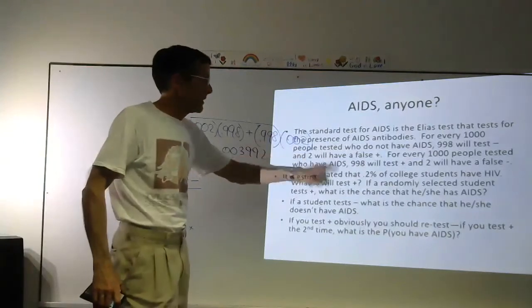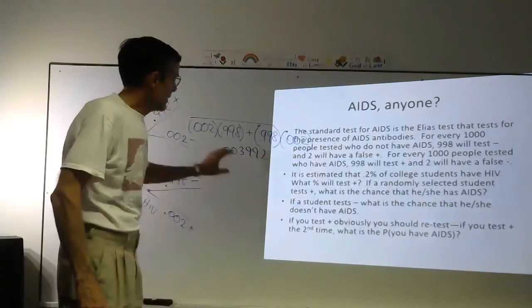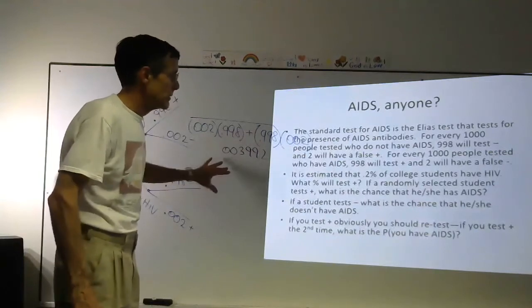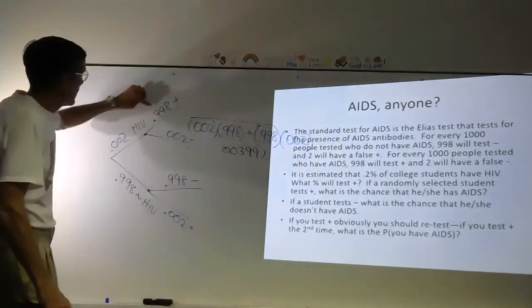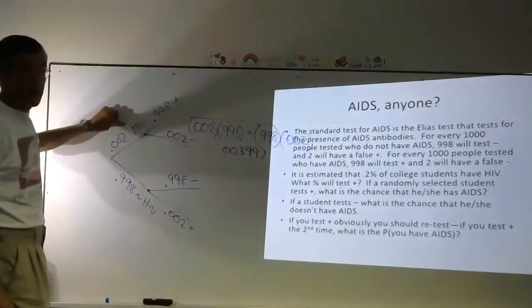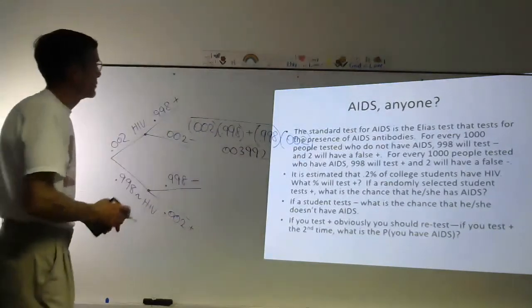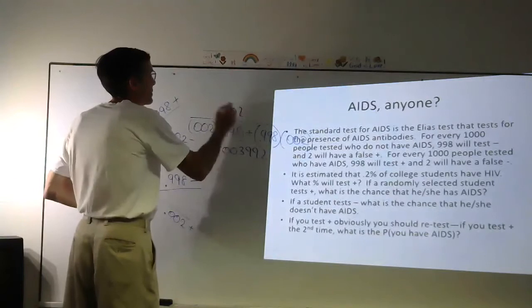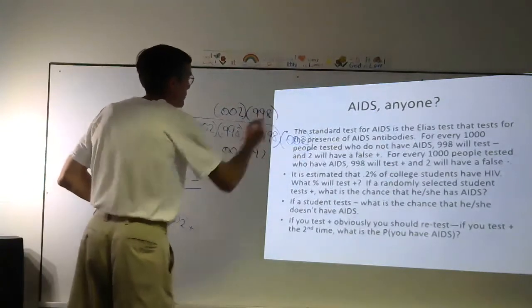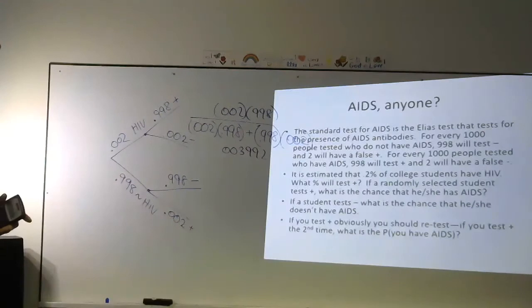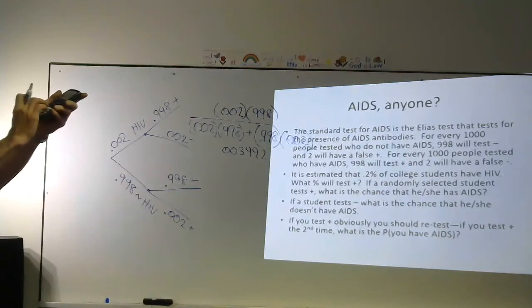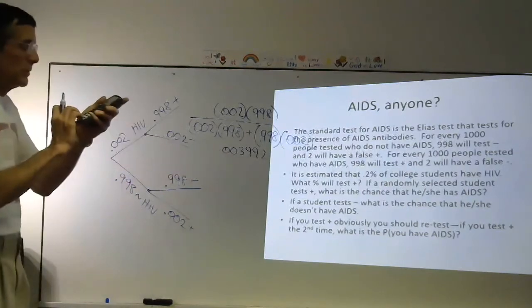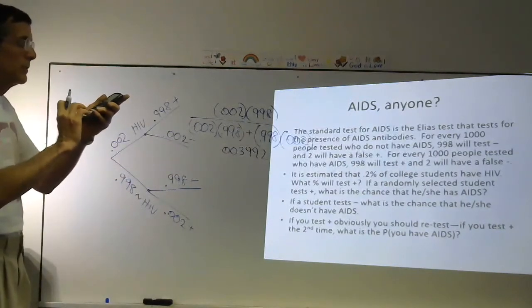If a randomly selected student tests positive, if you test positive, you're going to be in this group. What is the chance that he or she actually has AIDS? The ones that have AIDS is right here. Yeah? The ones that have AIDS is here, so that goes on the top. Right? Okay? And if you take 0.002 times 0.998, get your answer, divide it by the ones that do, 0.003992 equals